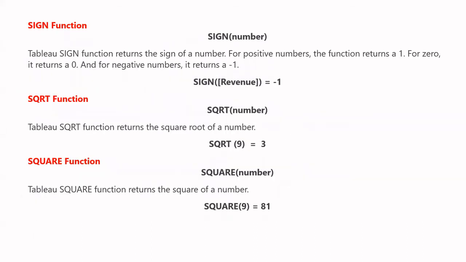The sign function returns only the sign, not the value. If it is positive, it will return +1, and if negative, -1. If it is 0, it will return 0. Also the square root function is straightforward. If you want to find the square root of some value, maybe in some formulas or calculated field, we might use this function to calculate the square root or square, whichever we need. All these functions are straightforward, and the syntax is also square root of whichever number you want to find, and the same for square.